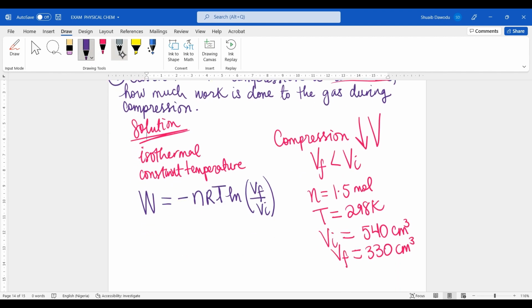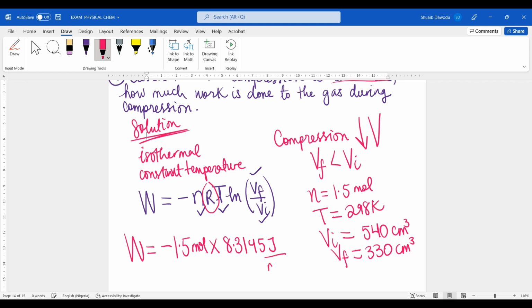When you compare the values we're given with the formula, we see we've been given the number of moles, the temperature, the initial volume, and the final volume. And of course, we know what R stands for. R is a gas constant, so it's a constant value, so we don't really need to worry about it. So now we have all of this. All we have to do is simply substitute. So W equals negative 1.5 mole times gas constant